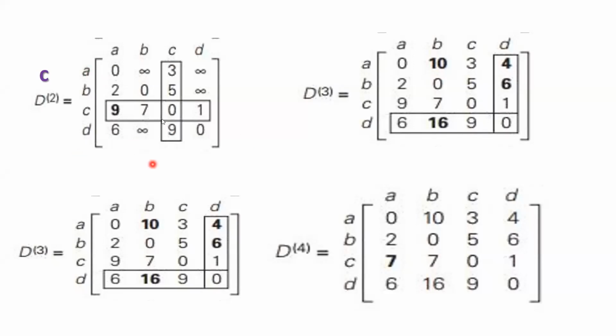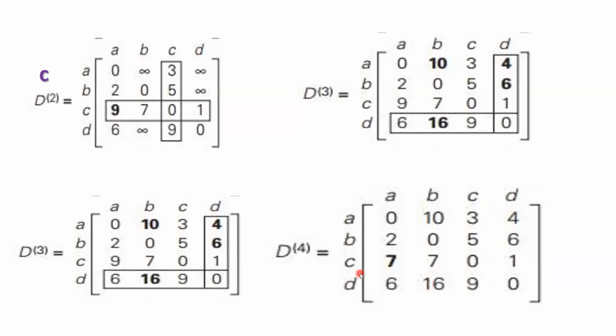Okay, we shall check for one more, that is D to B. D to B via C means D to C, C to B. D to C it is 9, C to B it is 7, 9 plus 7 it is 16, and I am updating 16 here. So you can check, we will be getting this matrix after comparing or after checking all the entries there. So if this I'll keep as it is as D3, I can